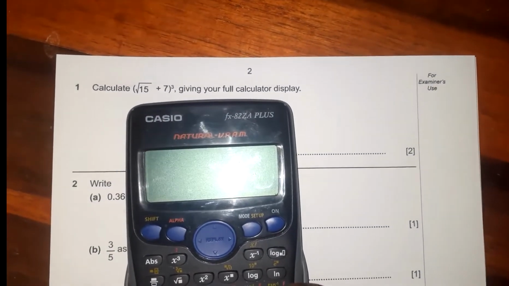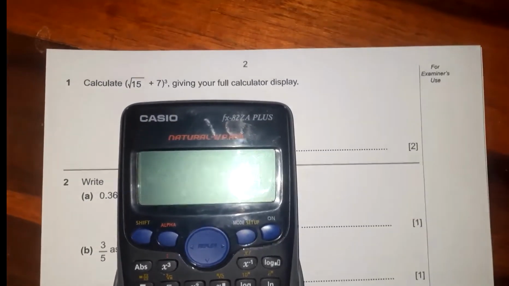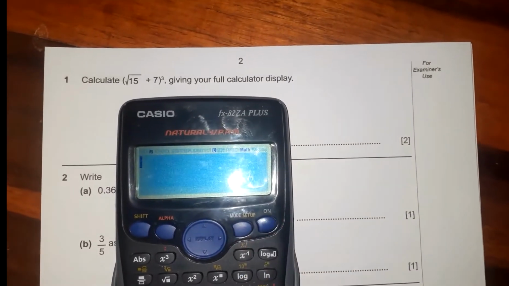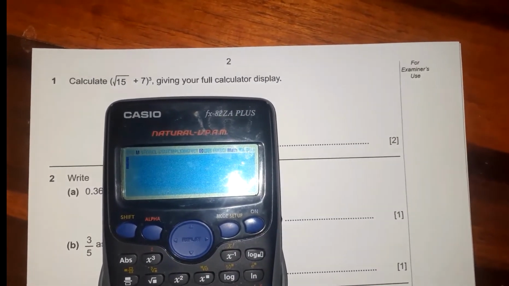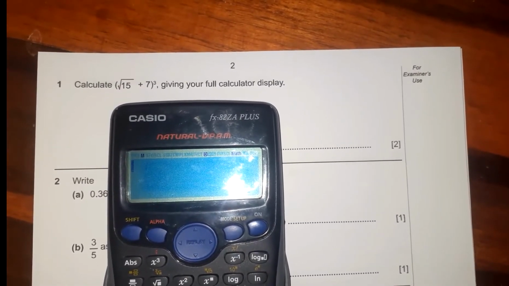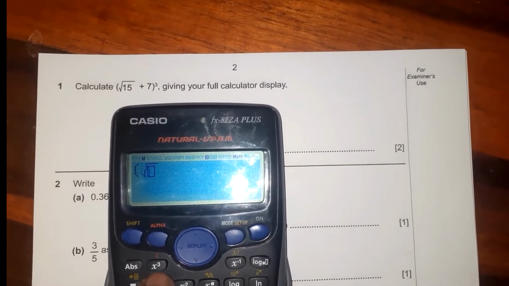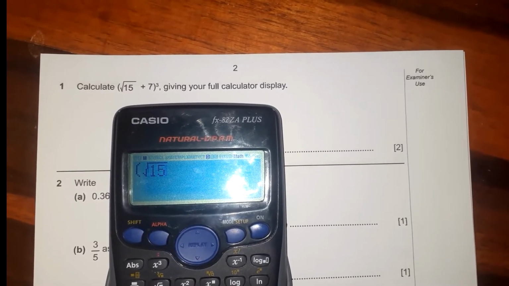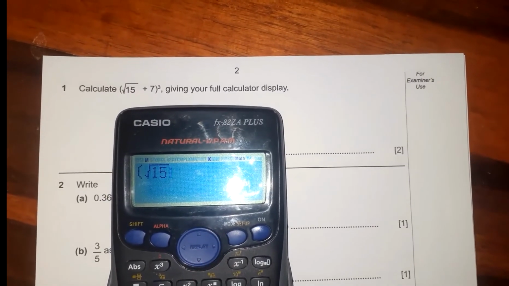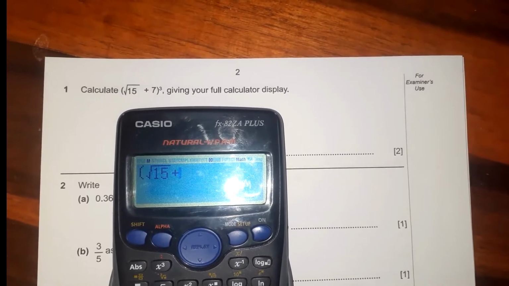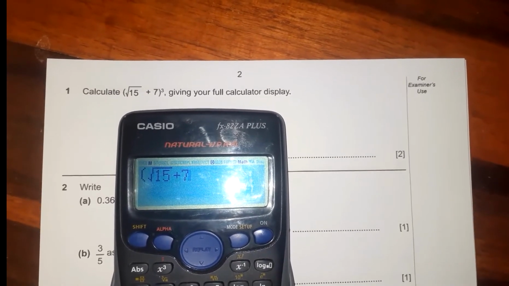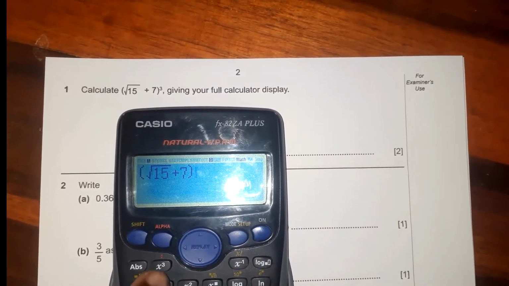I have my calculator here. I put it on, and then I open the bracket. My brackets are here, and then square root 15, and then plus 7, and then close bracket, and then cube. My cube is here,